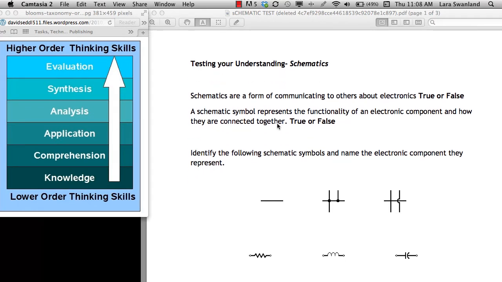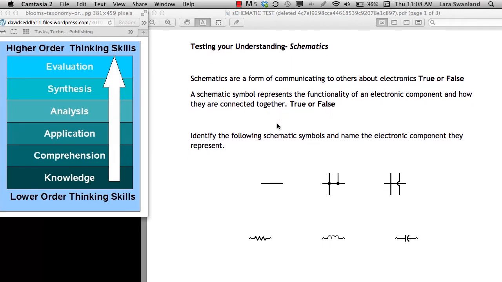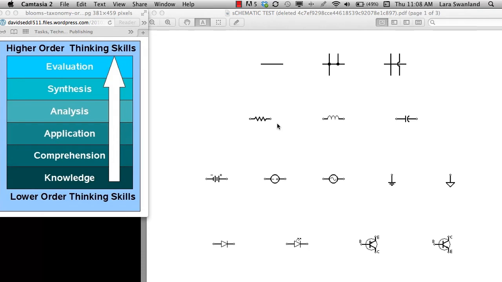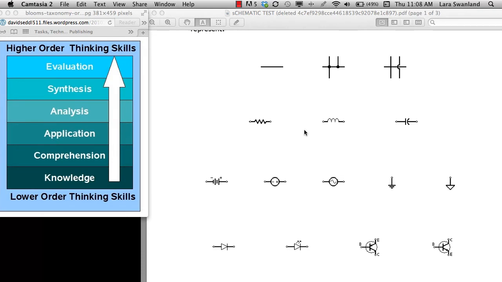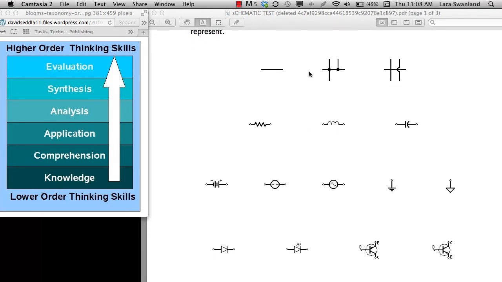So remembering something just means that they know the titles, they did flashcards. In this part of the test, I have them labeling what each of these particular schematics are. And so all they have to do is remember. But the next step is